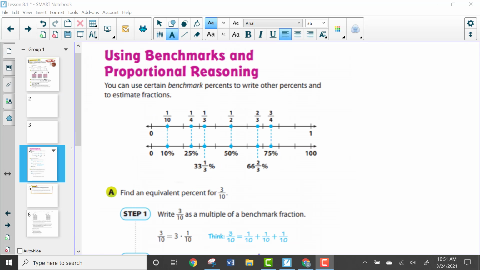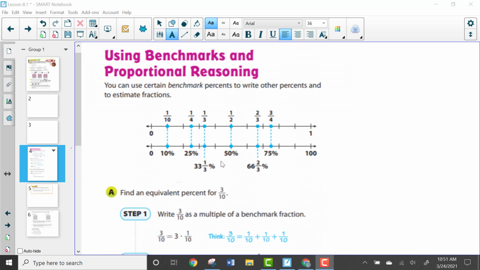Now let's turn to page 205, and it talks about using benchmarks and proportional reasoning. It's important to understand that you can use certain benchmark percents to write other percents and to estimate fractions. For example, we have these benchmark fractions here and also benchmark percents. When you're estimating, you usually use these benchmark fractions